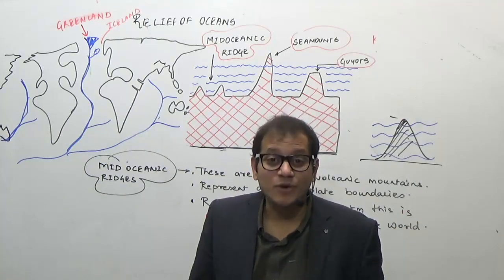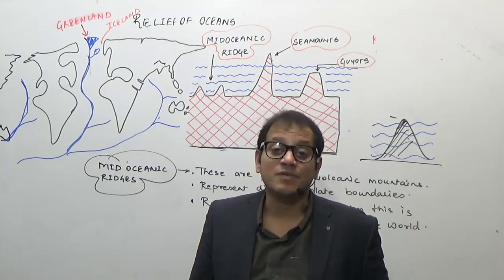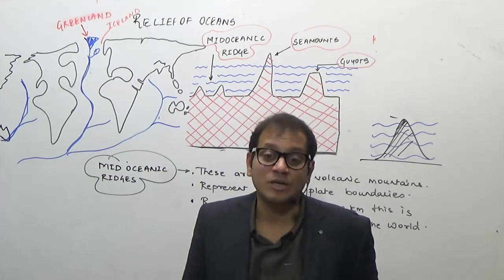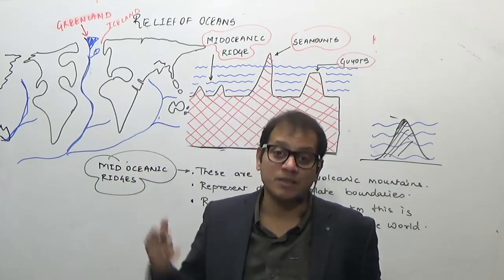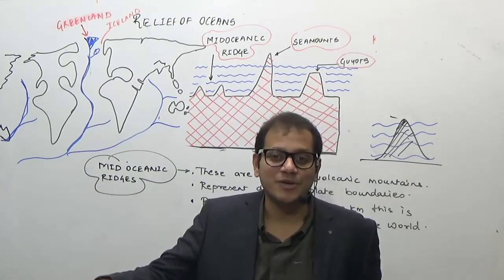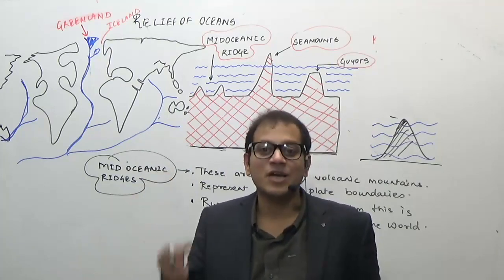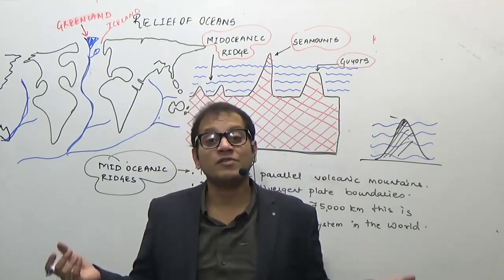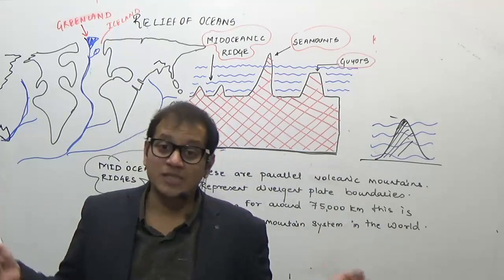Why is Iceland famous in tourism? Iceland is famous for hot springs and geysers. Remember your volcano chapter. What are hot springs? Where hot water is coming out from the ground. Why is the hot water coming out? Because beneath them there is a volcano, and the volcano makes this water hot. What are geysers? When the water boils, water vapor comes out. When smoke is coming out instead of water, these are known as fumaroles and geysers.